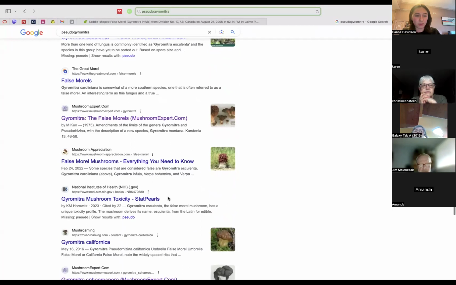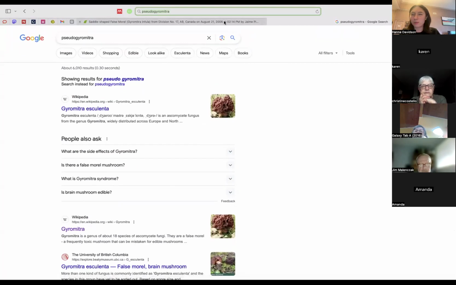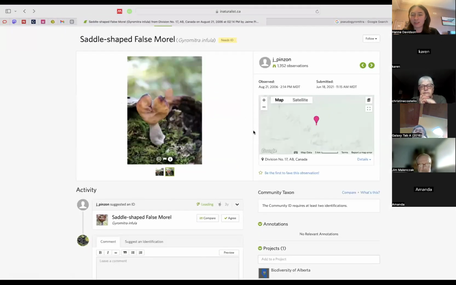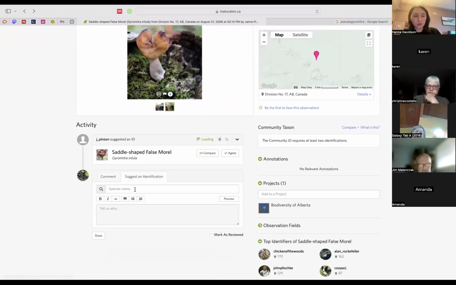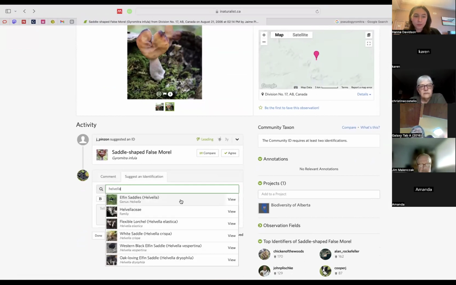I saw something about it somewhere. I don't see it there, but there's been a lot of juggling from that kind of phylogenetic world. And that's confusing too. So what's nice about iNat is that if the taxonomy changes, your ID will automatically be updated. So that's kind of interesting. If you see something weird, it's probably just been updated to a new genus or a new kind of classification that way. So if we thought this was a Helvella here, we could always type it in and then just